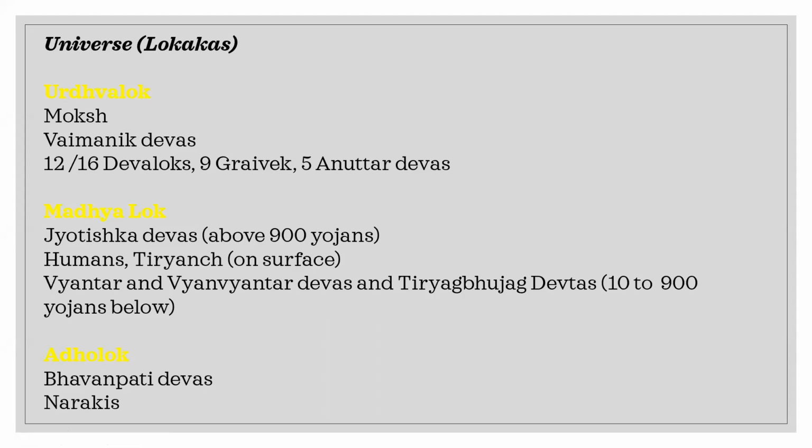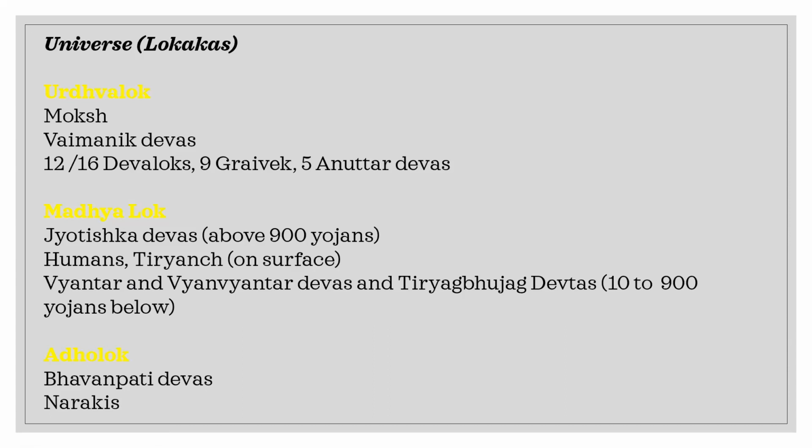And in the last class, we were also discussing the Madhyalok, and we saw the Madhyalok is where we live and where all the 63 Salaka Purush are born. And Madhyalok is the only place from which we can go to the Siddhasila and to Moksha. In the center of this Madhyalok is Meru Parvat, and we saw the Meru Parvat is 1 lakh yojan in height. It is 99,000 yojans above the surface of the Swayambhudal Bhumi, and it's 1,000 yojans below the surface of the Swayambhudal Bhumi. And the Madhyalok, we know, extends 900 yojans above the surface and 900 yojans below.